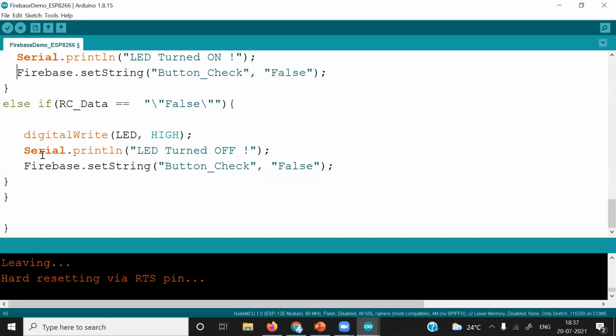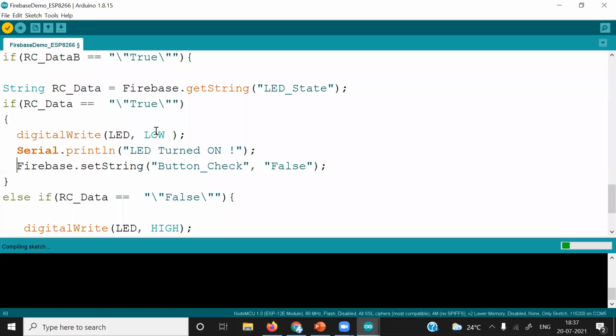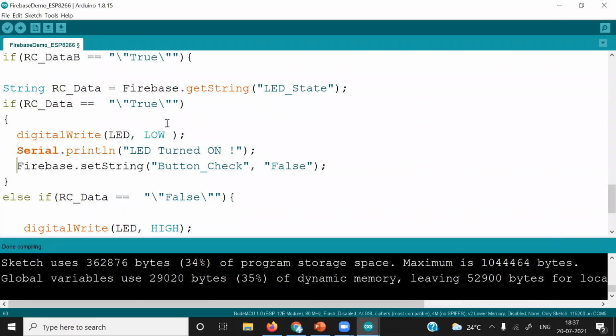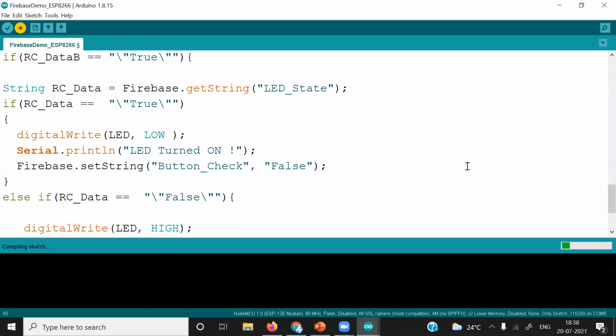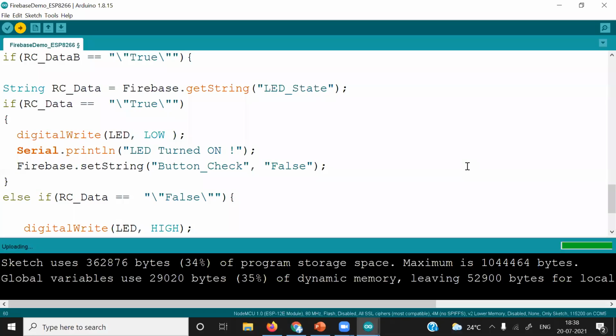Now what I will do, I'll just compile it again to check if there are any errors. Okay, the compilation is successful. We'll upload this to ESP8266. Mobile hotspot is already on.